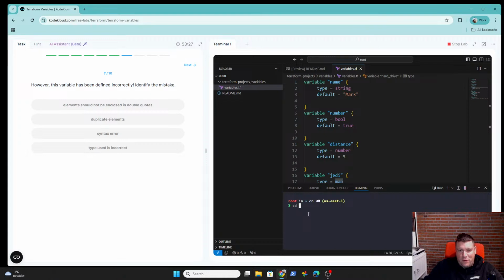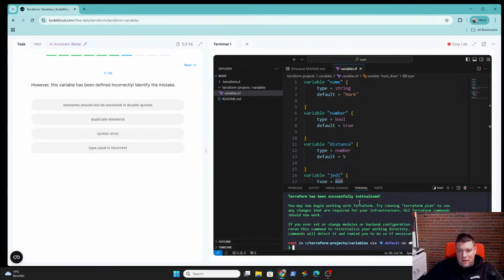I'm gonna run Terraform init to do this. Terraform projects, variables. Terraform init. Let's see if I get an error here. Not. But if I run Terraform plan, no changes.